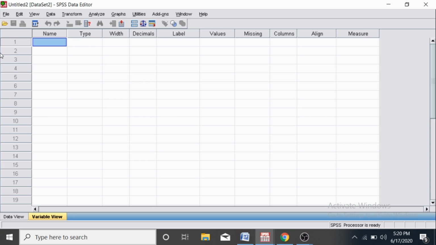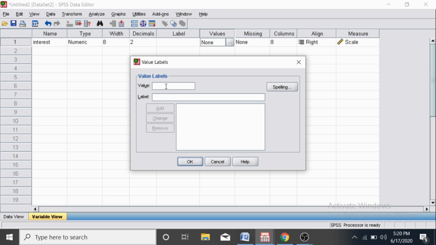This shows that it is ordinal categorical data, and I am going to enter the variable on SPSS and name it interest, because it shows the interest in daily activity. Now I am going to enter the values. Number 1 response is mentioned as never, number 2 is few times, number 3 is often, and number 4 is always. And we need to construct a frequency distribution for that, and plot an appropriate graph to conclude the data.